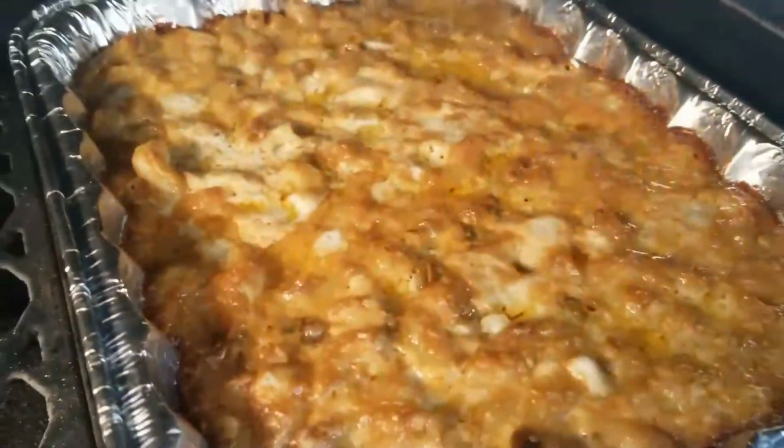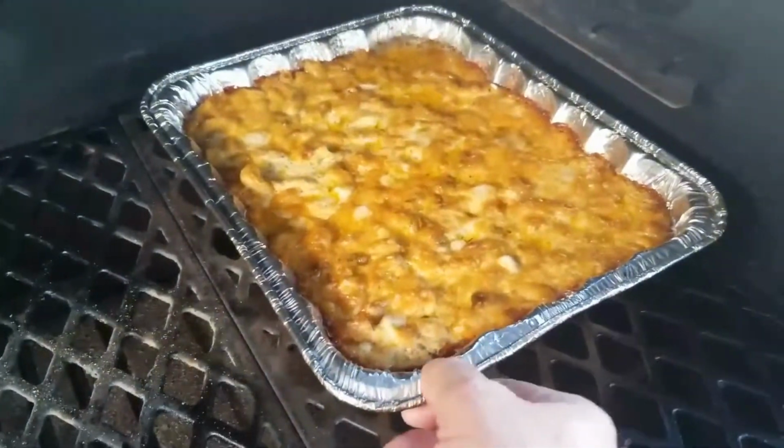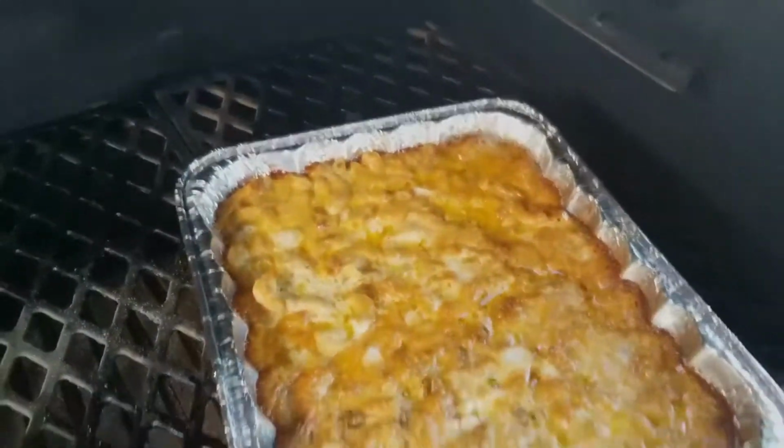That looks incredible. So we're going to take that off and let it cool for 15 to 20 minutes. And we'll